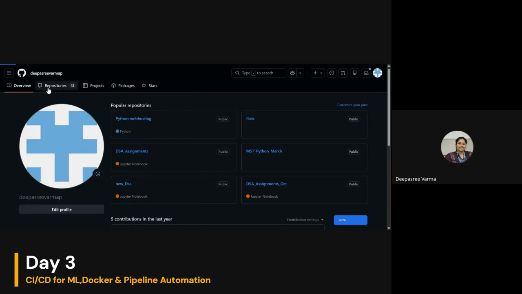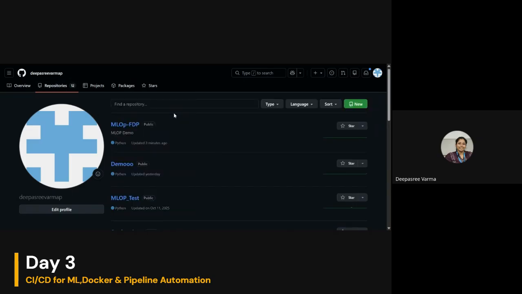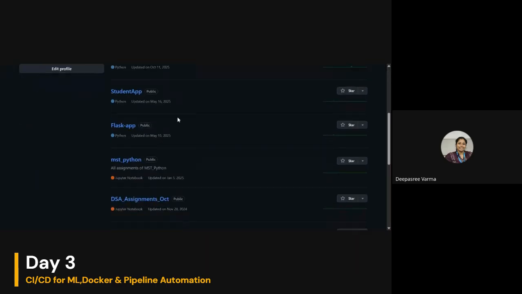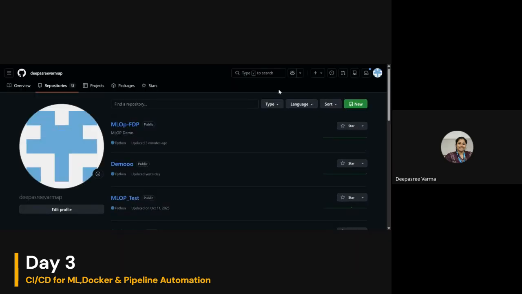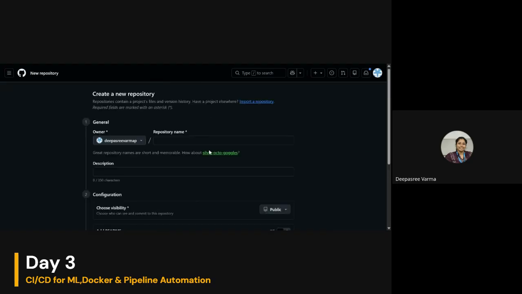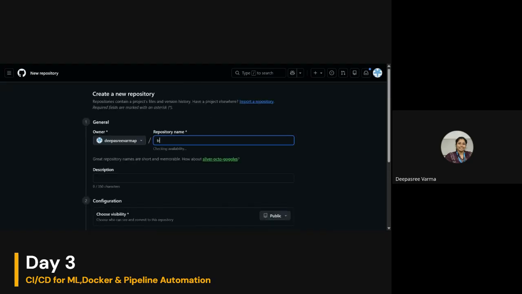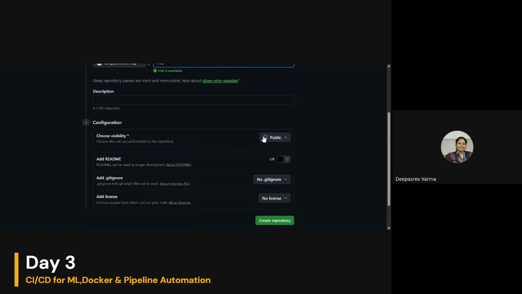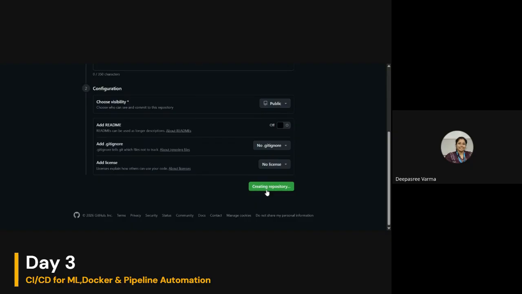once you create a new repository, I'll just show you how to do that. You can create a new repository first, give some name to the repository, decide whether it needs to be public, and create the repository.